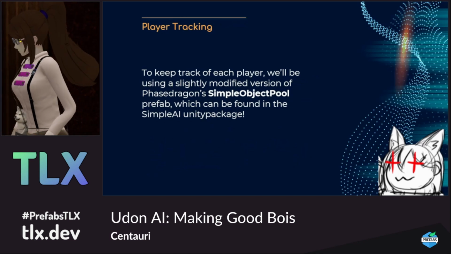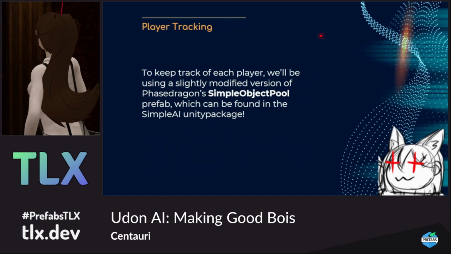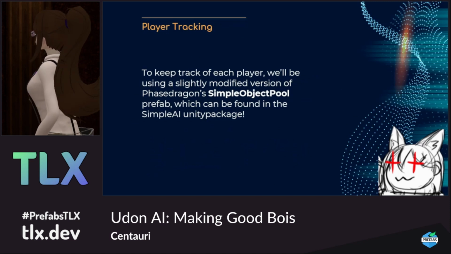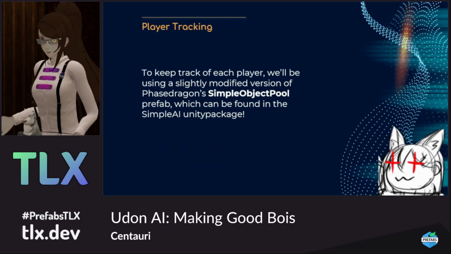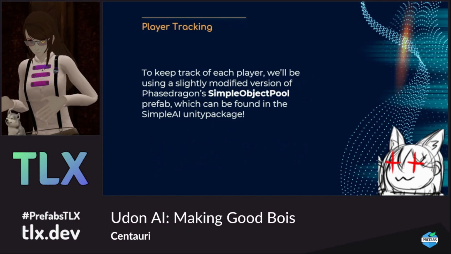For player tracking, I'll be including this as part of the prefab. I'm not teaching you how to use an object pool, but I've modified a version of the simple object pool from the database, and that is what we'll be using to track each player. The only reason we do this is that when we are setting positions and tracking different players,